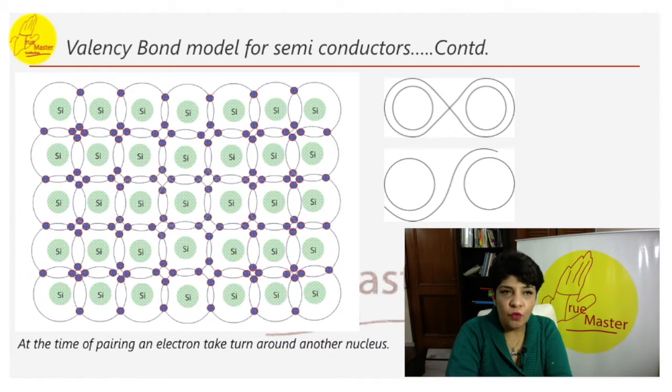Silicon has 4 valence electrons which it shares with 4 nearest neighboring atoms to form 4 covalent bonds. The shared pair of electrons oscillates back and forth between the two associated atoms. An electron may break away from the covalent bond and become free to conduct electricity. We are going to see how it can break away. This electron leaves behind a vacancy in the covalent bond, and this vacancy is called a hole.